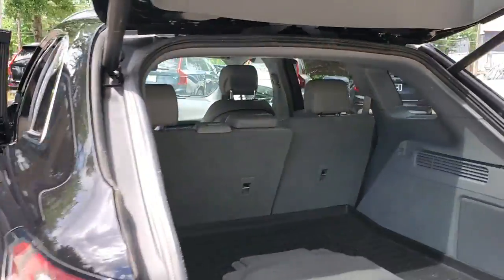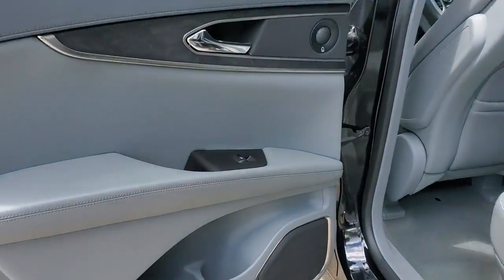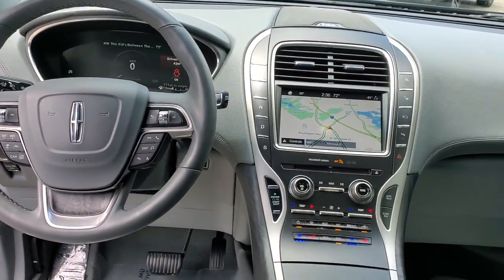You'll love its punchy performance and thoughtful use of the latest technology to help you stay connected, focused, and confident so you can make the most of every journey. These are just some of the great options this vehicle comes with: panoramic roof, navigation system, keyless entry, power liftgate,